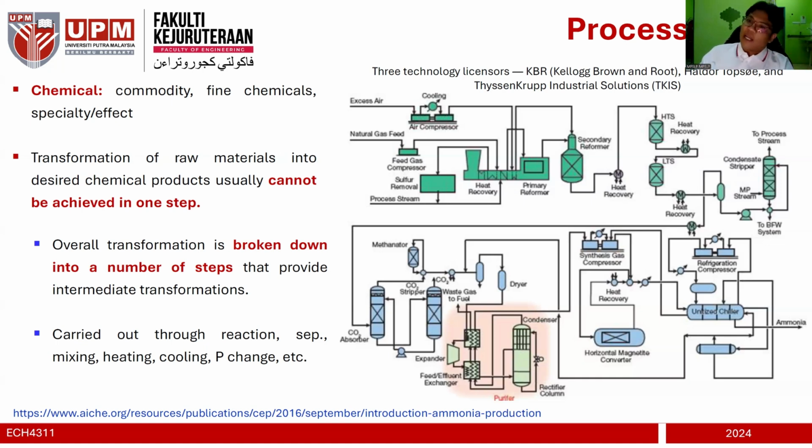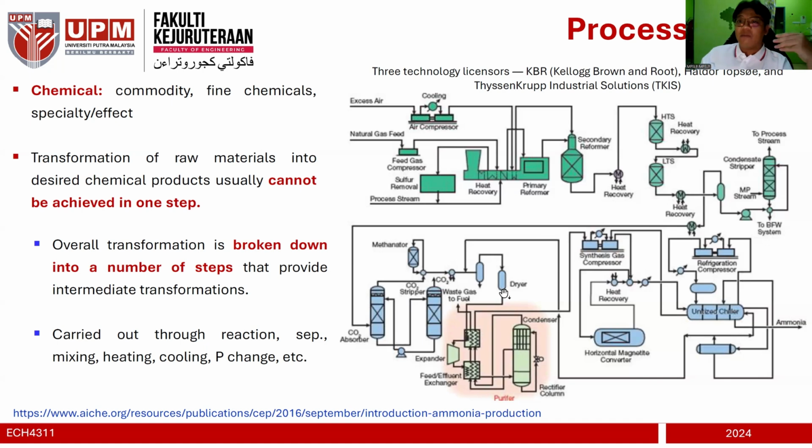Because the process produces byproducts. Some components are inert, and some components need to be removed, for example sulfur. Some components also need to be recycled back, because you want to minimize the effluent, or unwanted material discharge. You also want to remove CO2, because it may poison the catalyst, something like that. You also have heat recovery, basically to extract heat and use it somewhere else that requires some heating or cooling purposes.